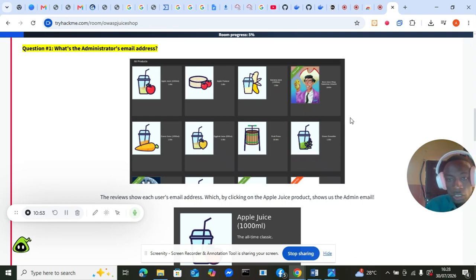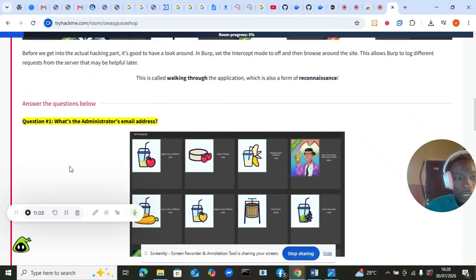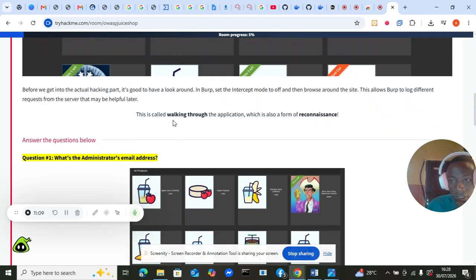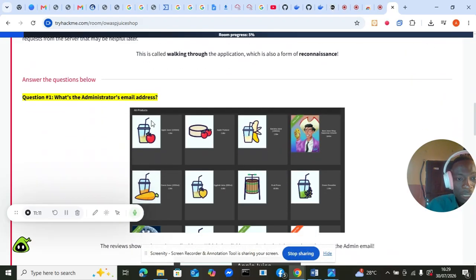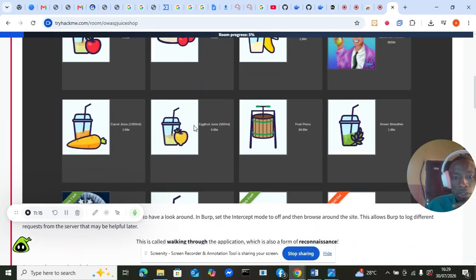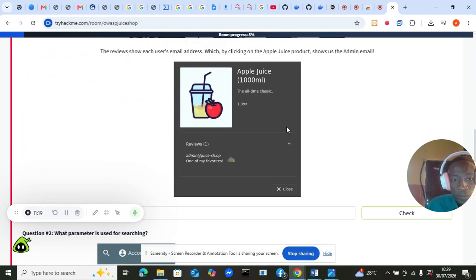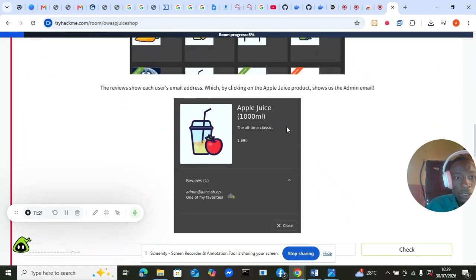The first assignment we have here is: what's the administrator's email address? This task has to do with what they call an adventure. We want to take on an adventure. Let me come over to this place, and the question they ask us is, what is the admin email address?